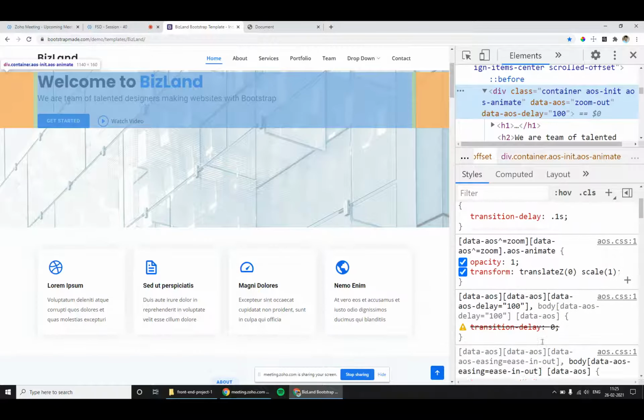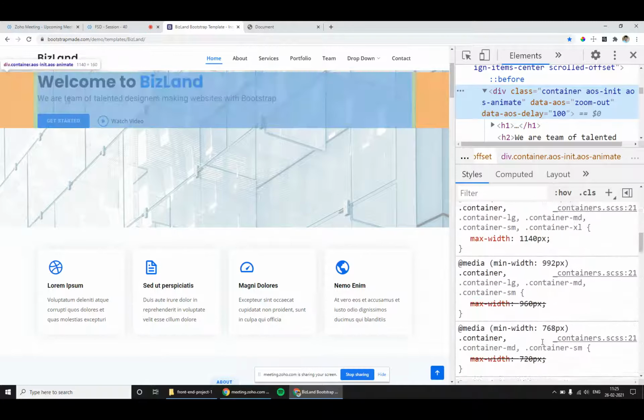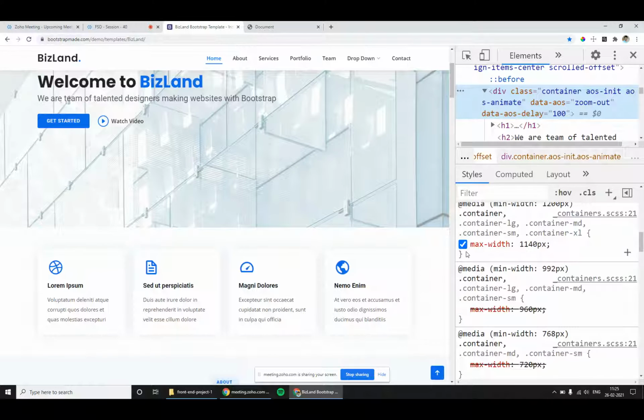And if you come down, they would have applied some width. Yes, for container only we will apply the width of that section, and based on device width they have to change the container width value. Okay, in mobile view or in small screen view, they will keep it as 100%, and in next level they will give some set of value which is smaller than the device width. Okay, when we apply you will get to know.